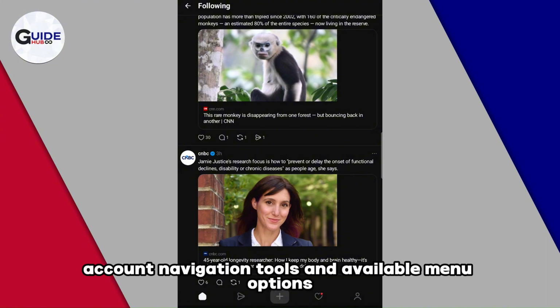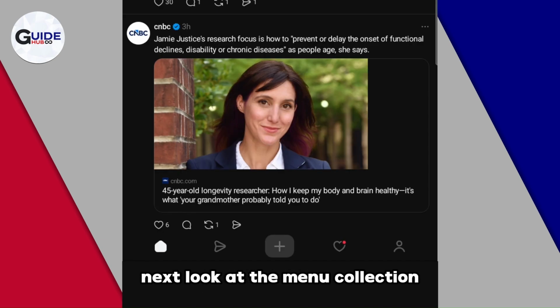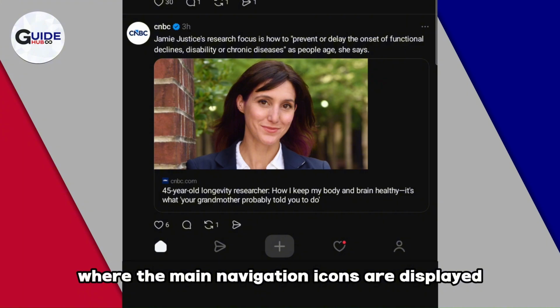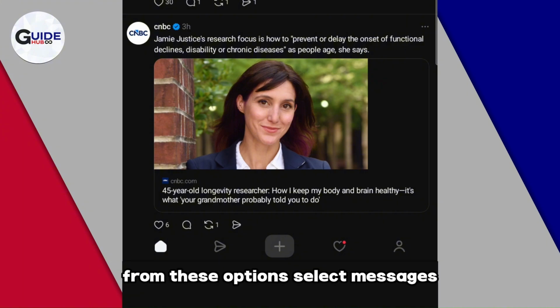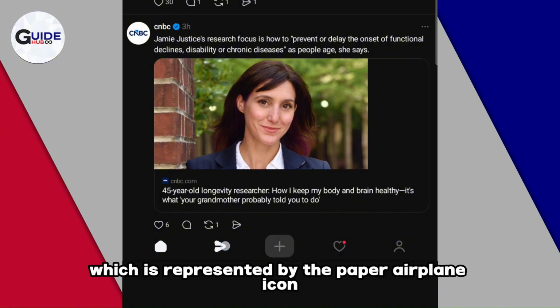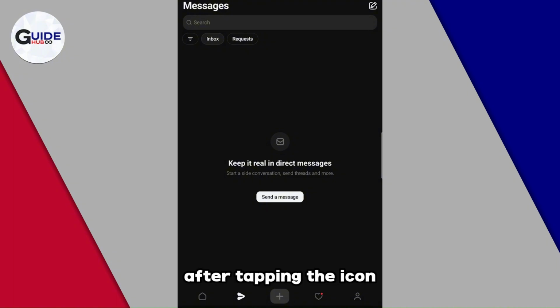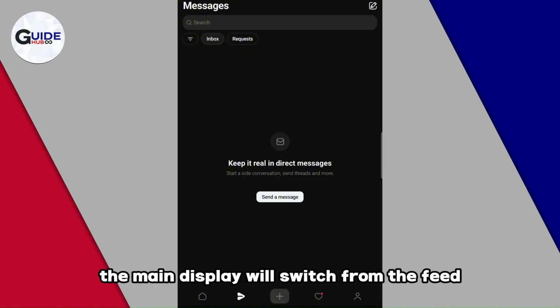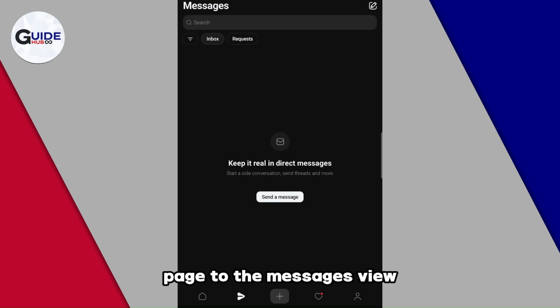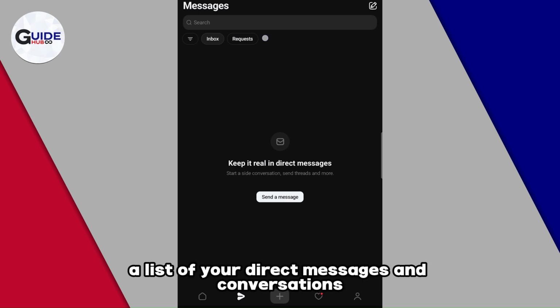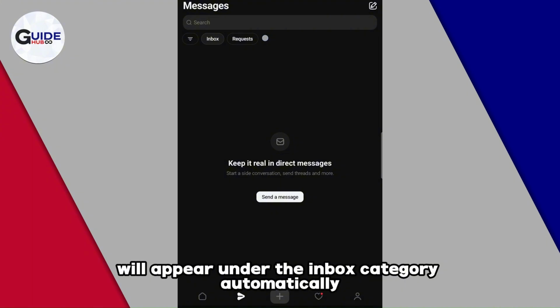available menu options. Next, look at the menu collection located at the bottom of the screen where the main navigation icons are displayed. From these options, select Messages, which is represented by the paper airplane icon, to access your direct messaging section. After tapping the icon, the main display will switch from the feed page to the Messages view inside the Threads application. Inside this section, a list of your direct messages and conversations will appear under the Inbox category